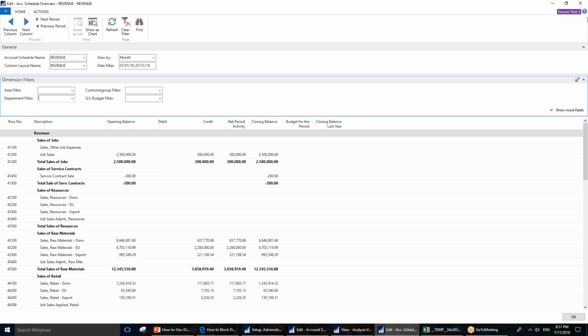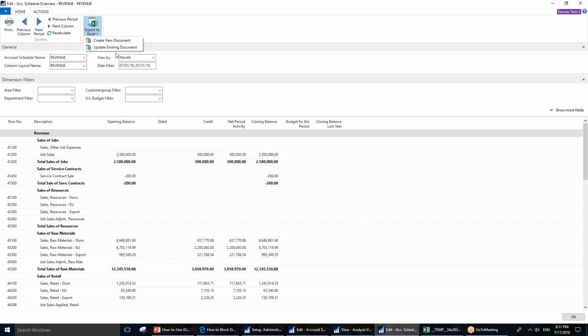Now, what I should mention is that there are two ways how you can export your data to Excel. One way is if you go to the actions, and you can see the export to, and so you can use create new document or update existing document. So creating new document is creating a new Excel file, and updating, well, pretty much what it says, it will